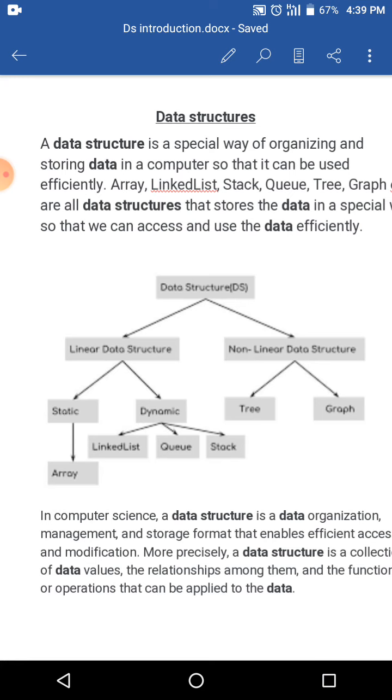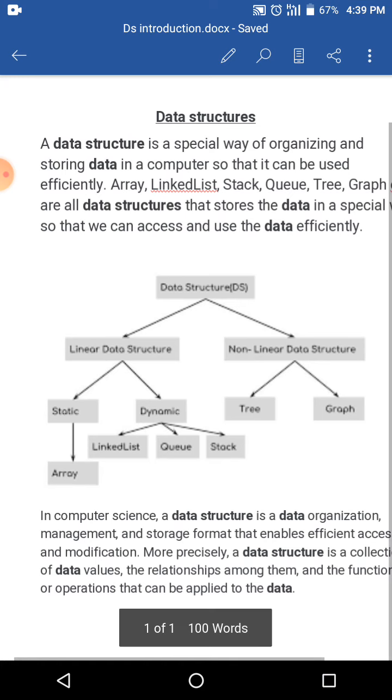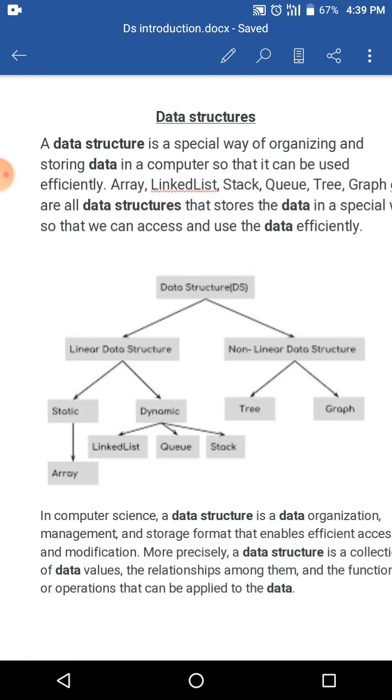Okay, so already every data given by the user is stored in a particular way. Just like linear and non-linear fashion, it might be already stored, that we are discussing and studying, and we can also develop our own programming for the data structures. Okay, so look at the hierarchy I have given you down here. What is data structure? What are the types here? One is the linear data structure, the second one is the non-linear data structure. So look at the linear structure. It is further subdivided into static and dynamic.